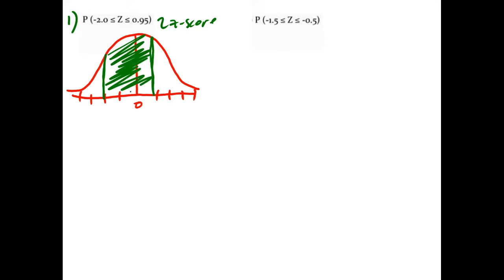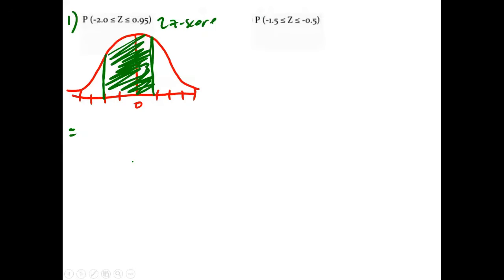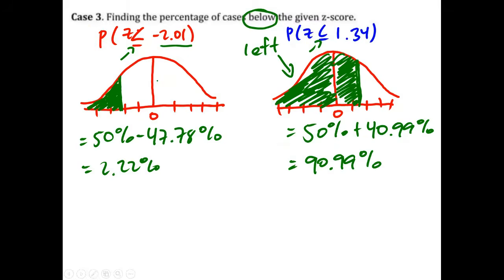So, this is our shaded part. So, as you can see, nadaanan yung 0 natin. So, ipagpa-plus lang natin yung kanilang mga percentage. So, 2.0 is 47.72, 47.72% plus 0.95,